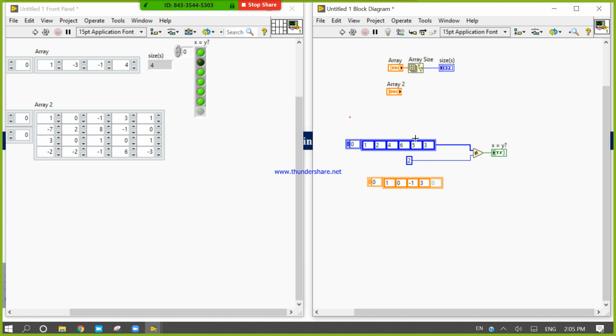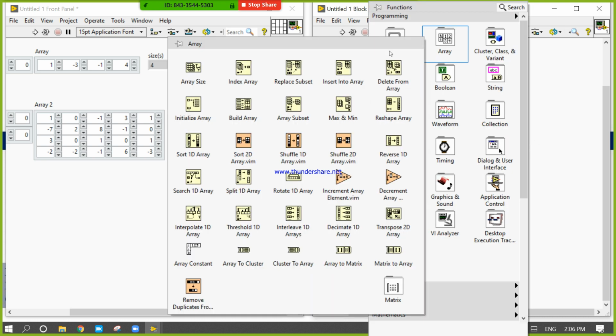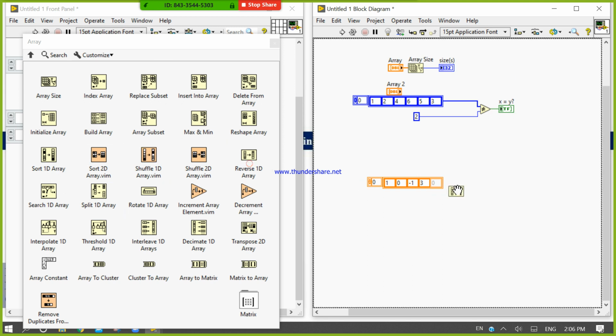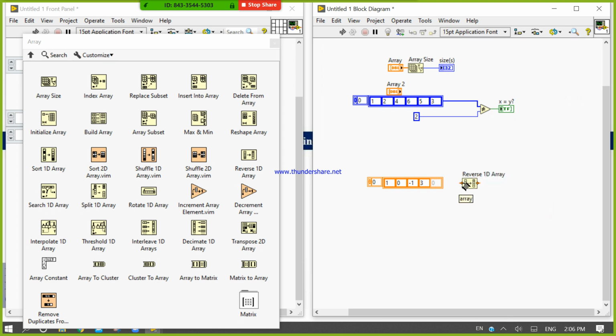Now there is one more function. The name of the function is reverse 1D array.